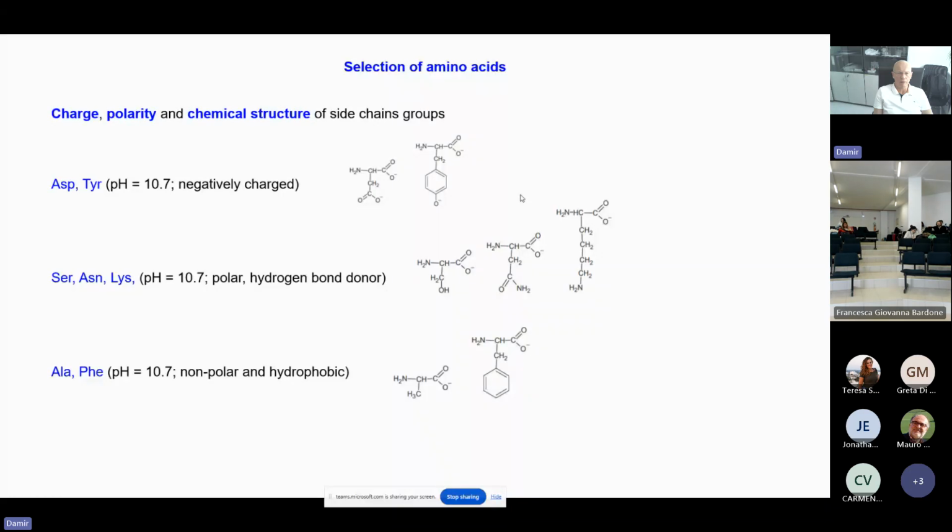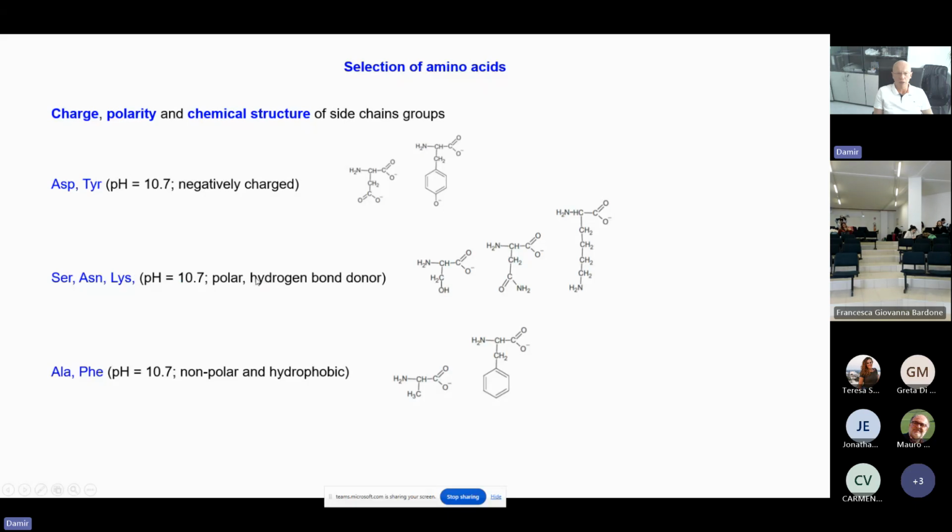We found that it would be interesting to investigate the charge, polarity, but also the chemical structure of the side chains of amino acids, and we therefore selected aspartic acid and tyrosine, which are negatively charged at the conditions we apply here, at pH 10.7. We also use serine, asparagine, and lysine, which have a polar side chain group,